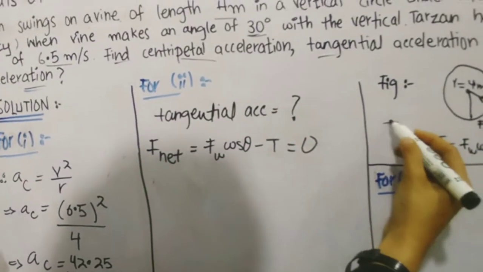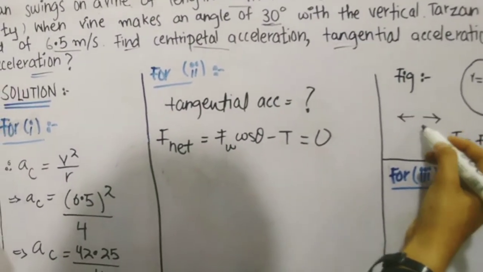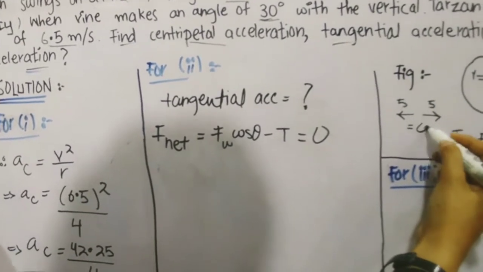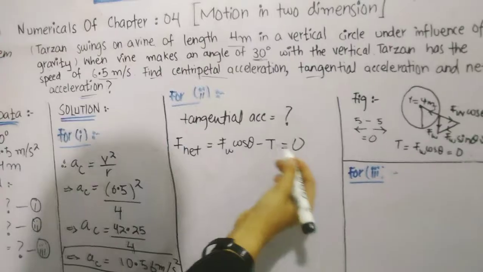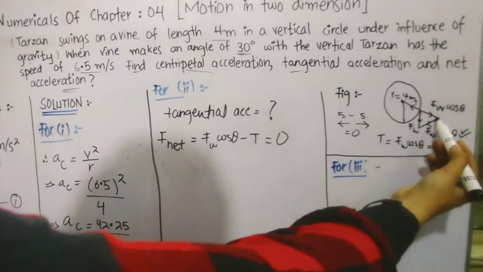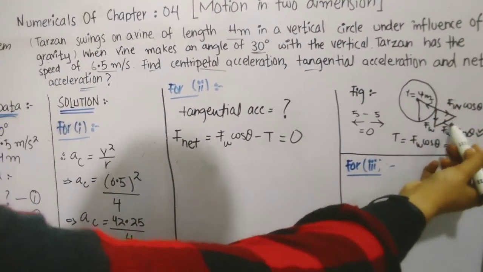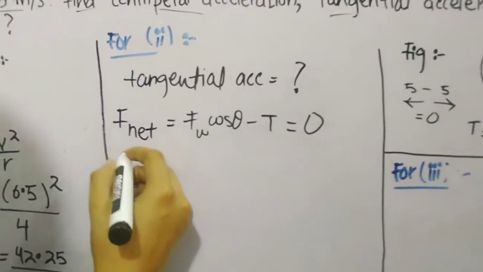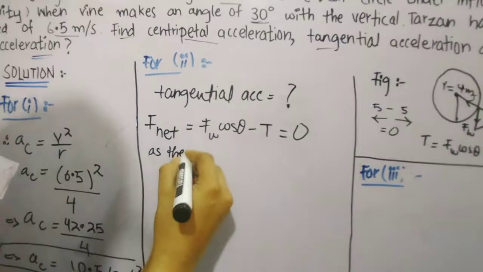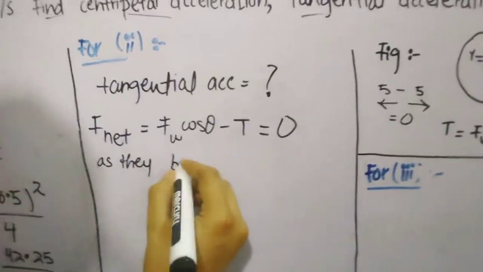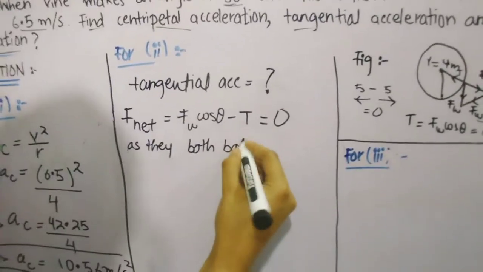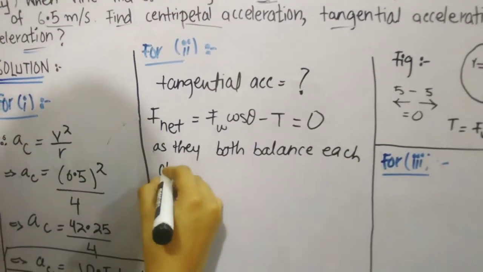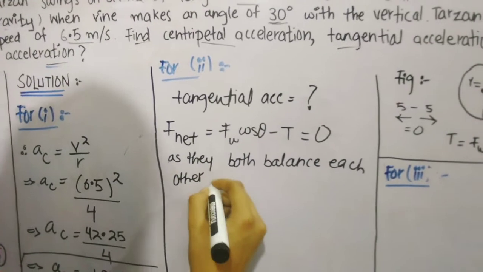First we're going to write the line that Fw cos theta is not the effective component, because if one force pulls from this side with 5 newtons and another force pulls from the other side with 5 newtons, then the answer will be 0, both will balance. Similarly, Fw cos theta and tension balance each other. So the total force due to which our body moves in the circle will be Fw sin theta. We also need to write this line that as they both balance each other, our effective component is